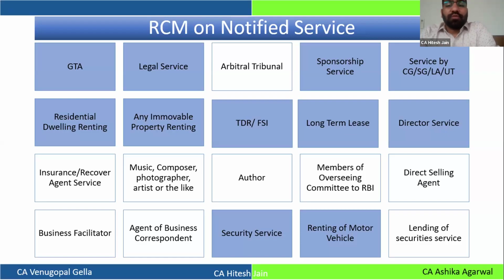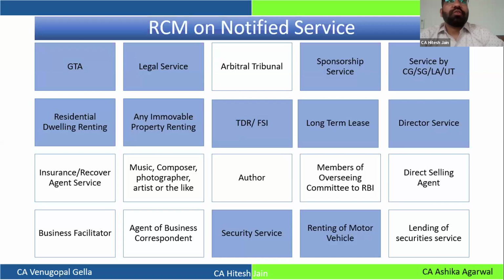So the major services which are highlighted in blue, these are the services which come into common day-to-day business practices. The first one being the GTA, goods transport agency, second one legal, third one sponsorship, renting of movable property. Many recent changes have come into this sector in the very recent past, which we will be covering in detail. With regard to real estate sector, TDR means transfer of development rights and long-term lease. With regard to services received